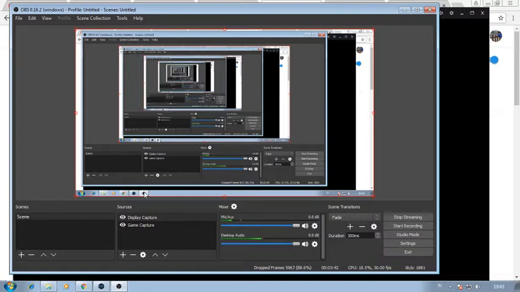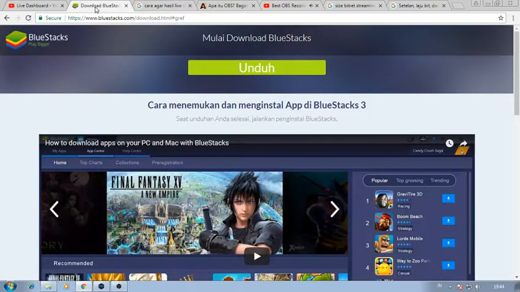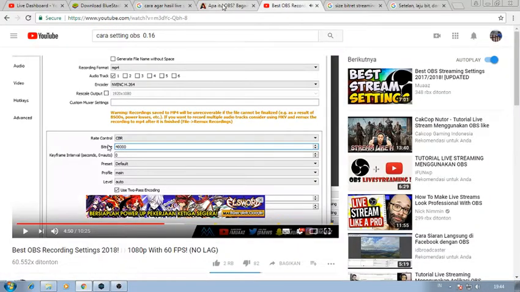But for the rate control, I like to use CBR, so make sure you change yours to CBR as well. CBR stands for constant bitrate, and you use this to determine the quality of your videos and how crispy you want them to be. What I like to do is change mine from the default 2500 to 40,000, and the reason I do that is because it gives me